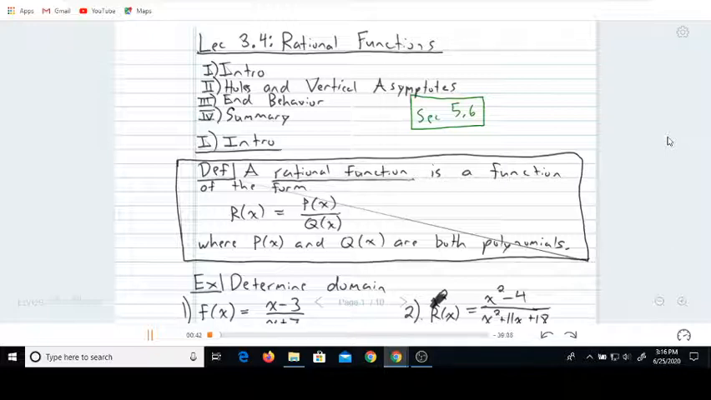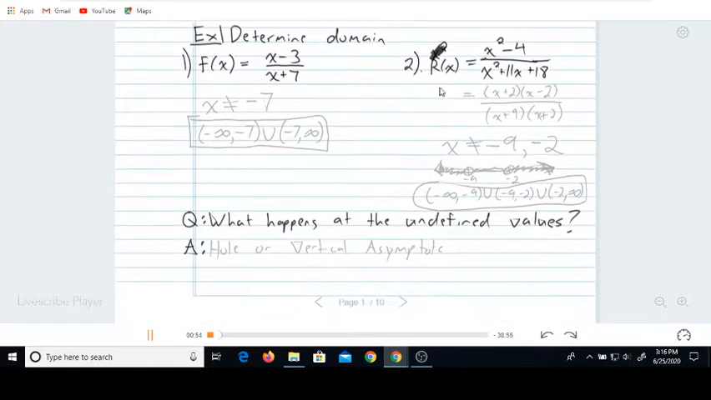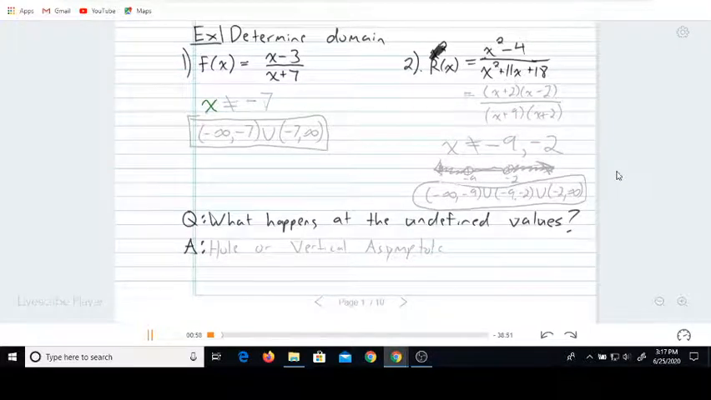Now, as we discussed back in Unit 2, when determining domain, we determine what inputs are going to cause complications, and one such complication is division by zero. So if we look at this example 1, determine the domain of this function f, we know that x cannot equal negative 7. Otherwise it would cause division by zero. So I could plug in any number below negative 7, or I could plug in any number above negative 7. But I cannot pick negative 7 itself,